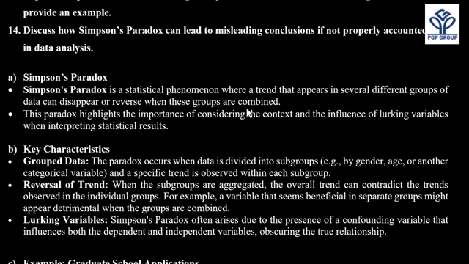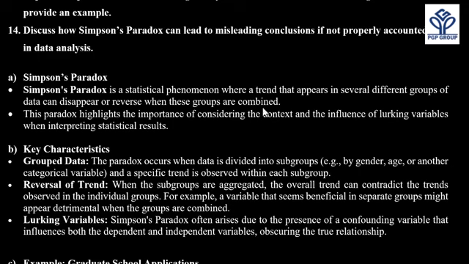Once you've done the grouping, you will have different results in each and every group. Now, I'm going to combine all the groups together. If I combine these groups together, I'm going to get a different answer. So this is called Simpson's paradox, where a trend that appears in several different groups of data can disappear or reverse when these groups are